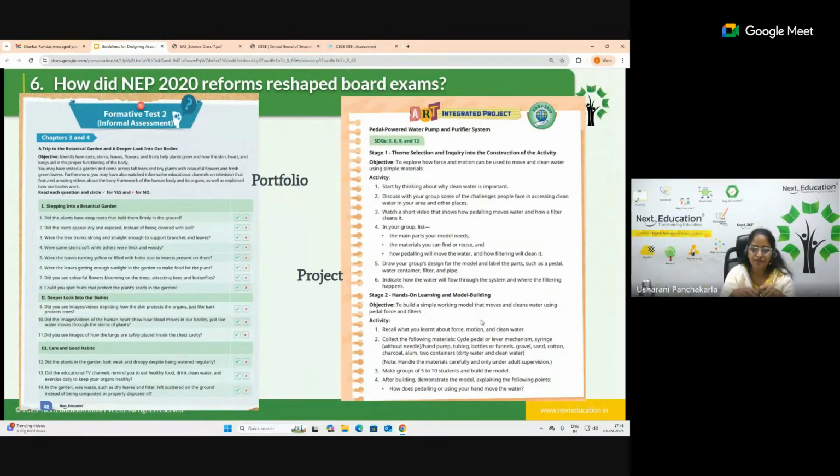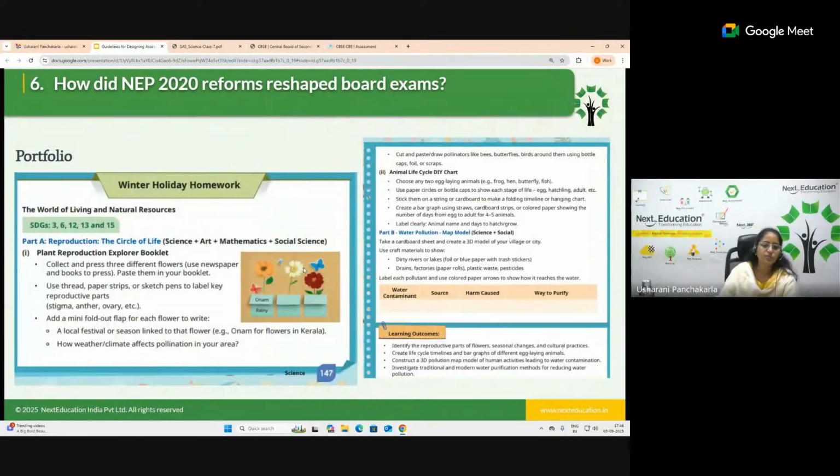We have connected what they're learning to what they're supposed to do as a practical approach. Now coming to the next one, the portfolio. Here you can see a winter holiday homework and a festival holiday homework we have given, where they're doing something like an origami model, because in the competencies and curricular goals you can see this type of assessment being given. We have given one sample and an image, and a DIY too. This is what we call a portfolio.